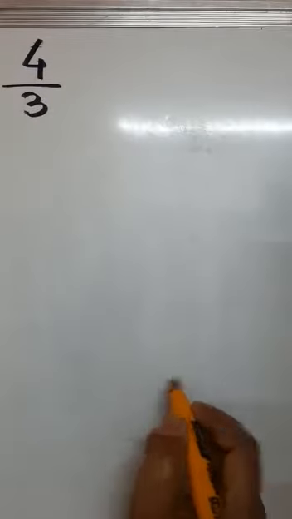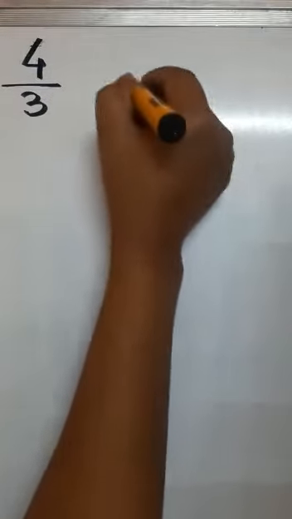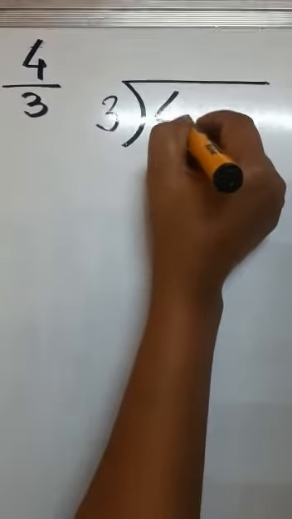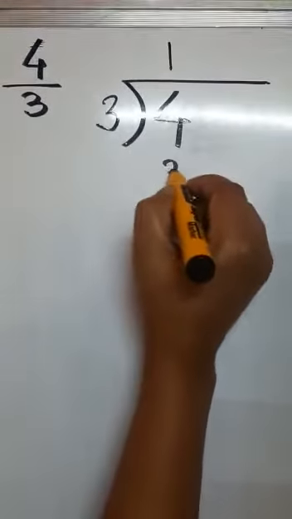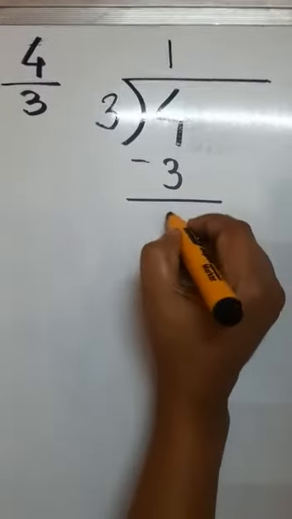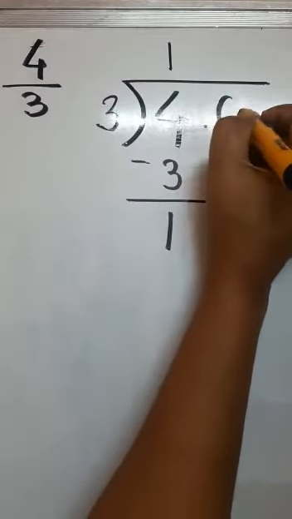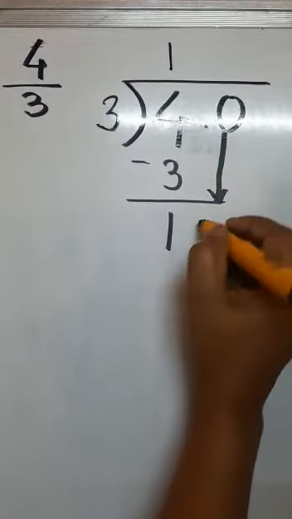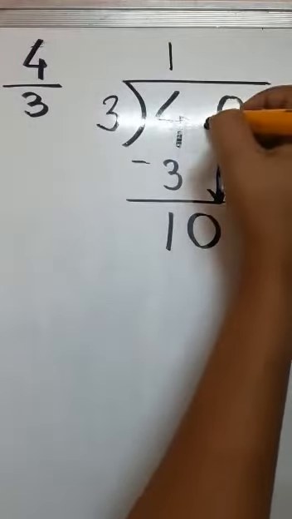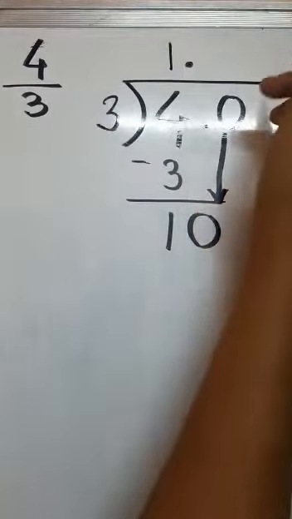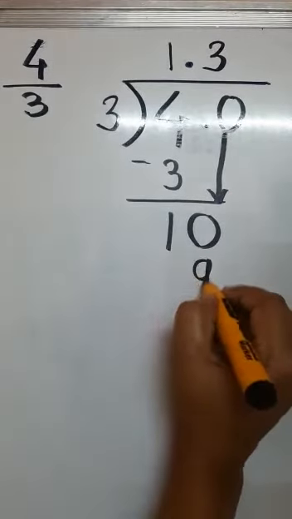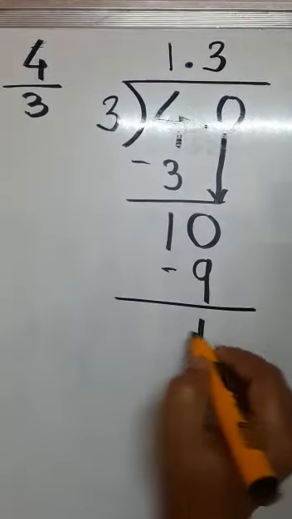Now let us see what is a recurring decimal form. So I'll take the example over here, 4 upon 3. Now let's solve this. 3 is the divisor, 4 is the dividend. Okay, so 3 1s are 3. Divide as usual. So the remainder is 1. Then what is the next step? We have to take a decimal point and add a 0 over here. That 0 will come down. So 3 how much are? Now this decimal point we have to place over here. Now 3 3s are 9. So after subtracting this we will get 1 and here 0.